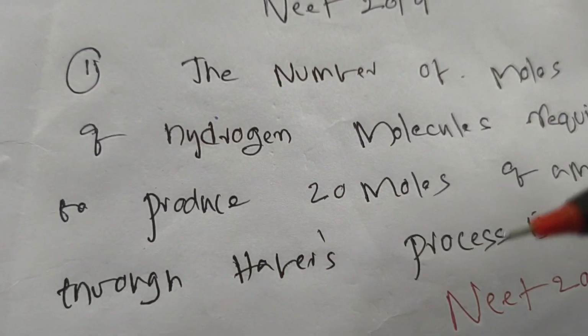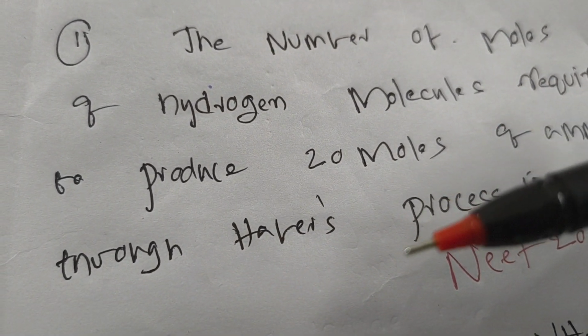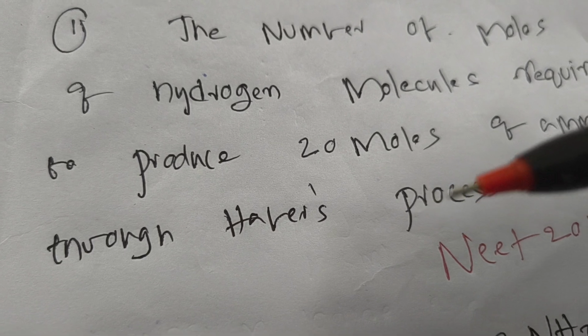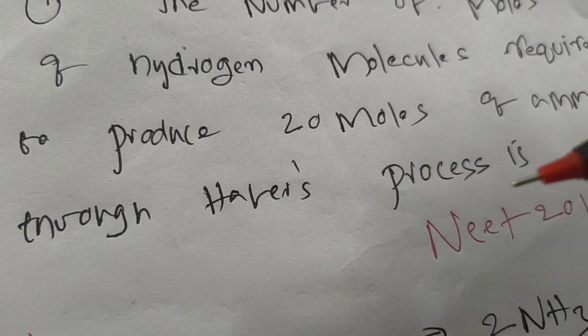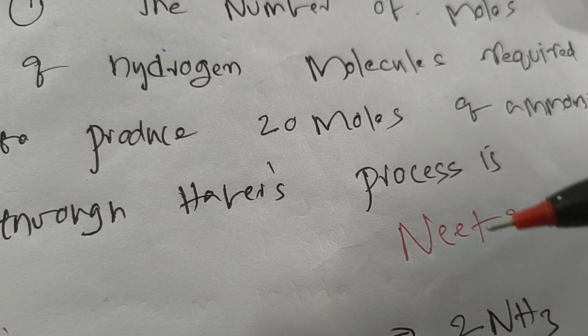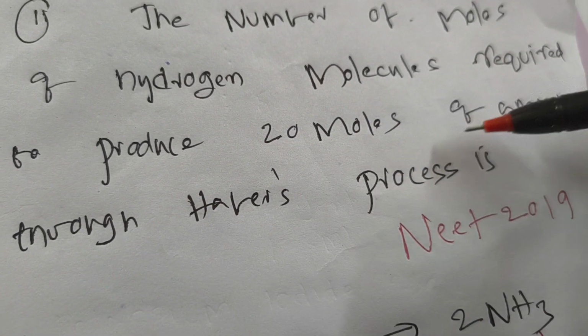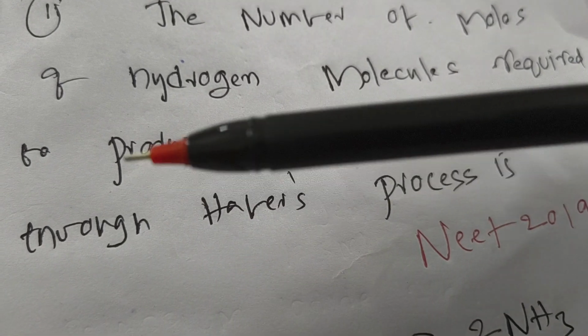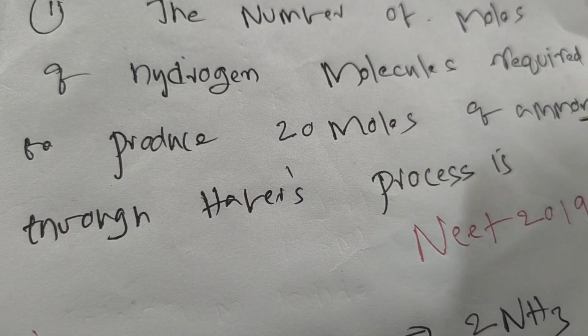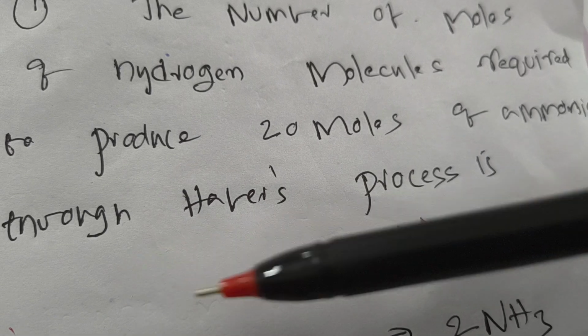My dear students, competitive chemistry, NEET 2026, JEE 2026 focus. This question belongs to NEET 2019. What is this question? The number of moles of hydrogen molecules required to produce 20 moles of ammonia through Haber